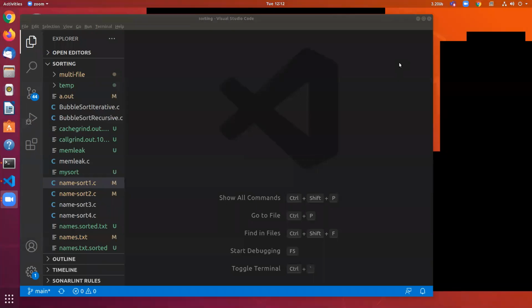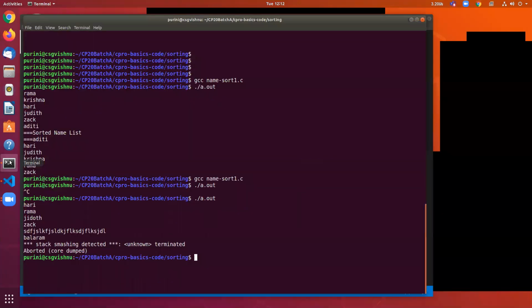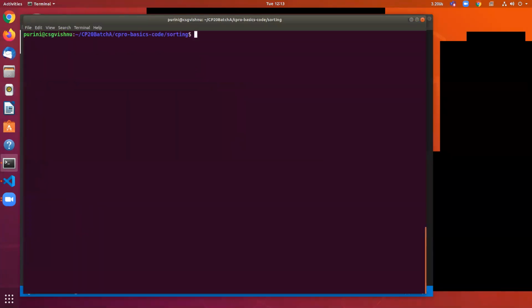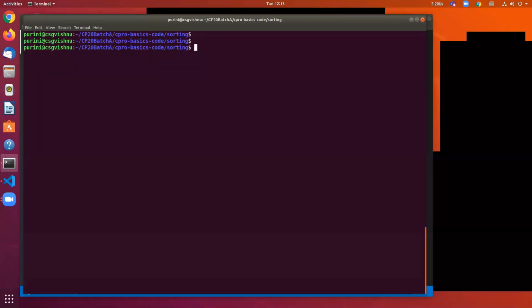Okay, so today we will see this problem of how to sort a given list of names. You are able to see my screen, right? Okay, great. So for example, if you take this